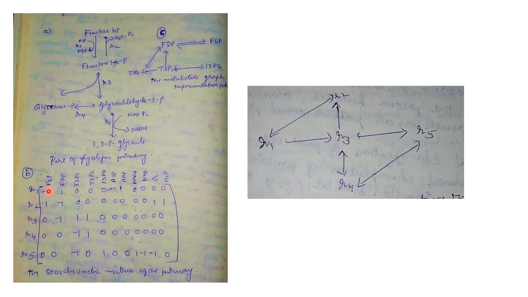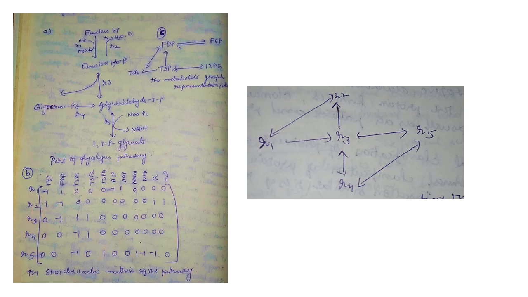Now, a positive value means that it is a product, whereas a negative value indicates a substrate. So R1, if you see, that is row 1, fructose 6-phosphate is -1, so it is substrate, and in R2 fructose 6-phosphate is a product also. So it is acting as a substrate as well as a product, so it is showing a reversible reaction. So that is what this matrix represents. What are the products obtained, what are the substrates, whether the reaction is reversible or irreversible can also be known